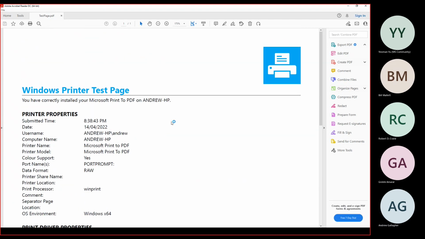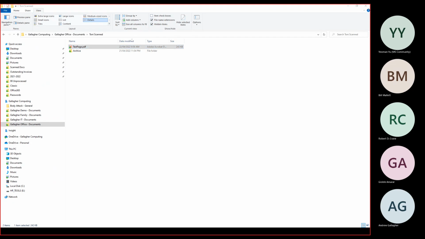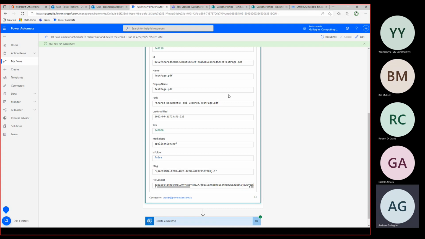So in conclusion, what I have done is basically I am now scanning from my Xerox printer directly into a SharePoint location. I haven't had to open up any firewalls. I haven't had to change any of my Microsoft 365 settings.